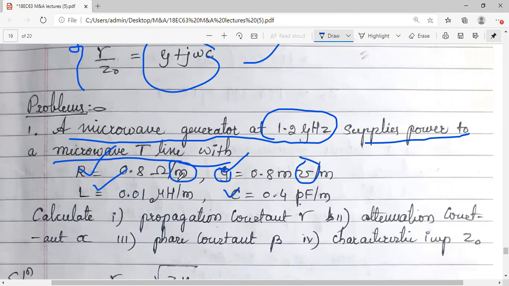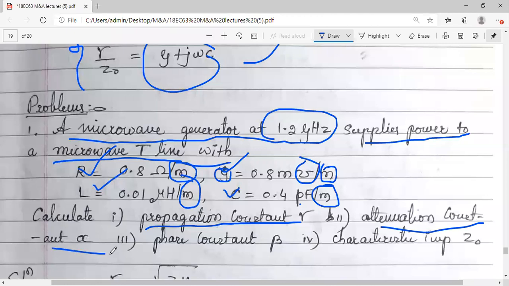And observe, every parameter which is given is per meter, per unit length. Remember, whenever we derived the transmission line equation and solution, we took the derivation per unit length only. We need to calculate the propagation constant gamma, attenuation constant alpha, phase constant beta, and characteristic impedance